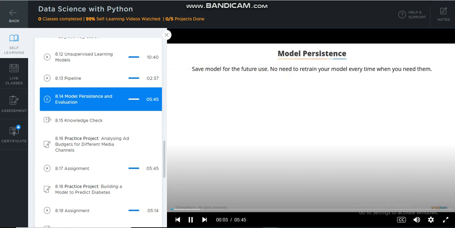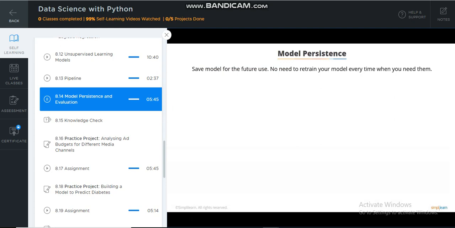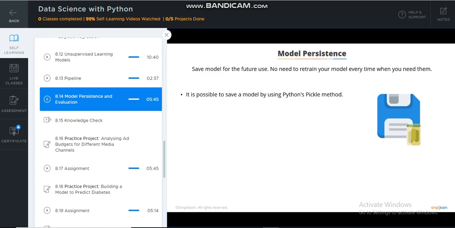You should be able to save it as well so that you can reuse it later. This is called model persistence. Python uses pickle to save an object. To save an object in scikit-learn,